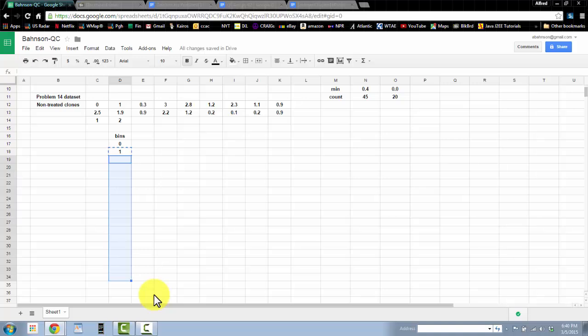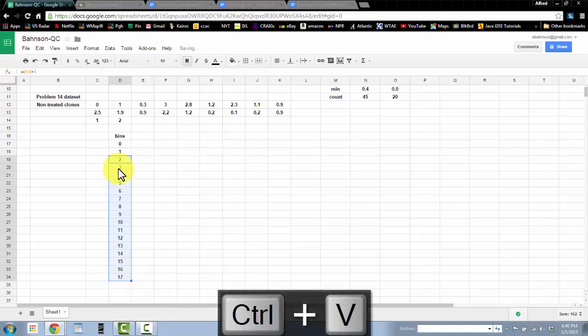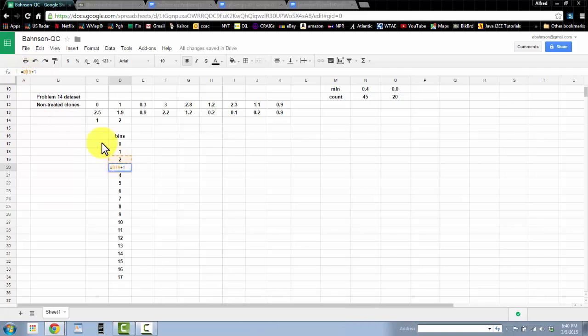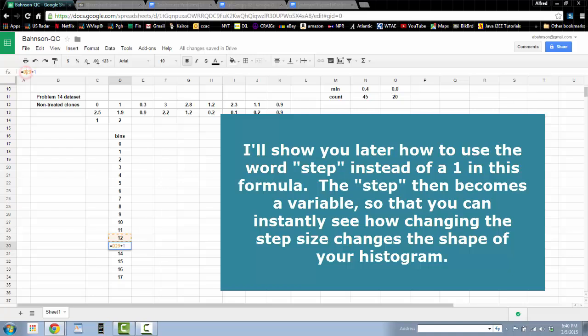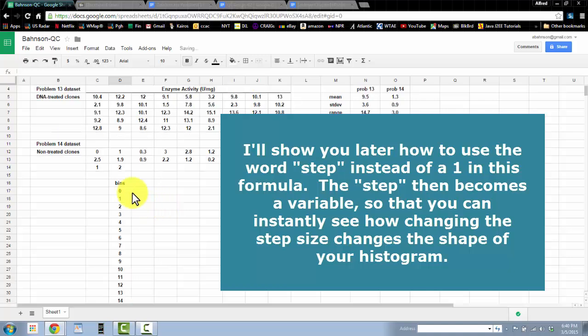Select the cells where I want to paste that, Control V. And by doing that, each formula goes to the number above it and adds 1 to it. Okay, so at 13, we go to the place where 12 is, and we add 1 to it, and that goes up to 13. Okay, so we've gone a little beyond here. We'll stop here. So those are the bins into which we're going to count and put the frequency then for